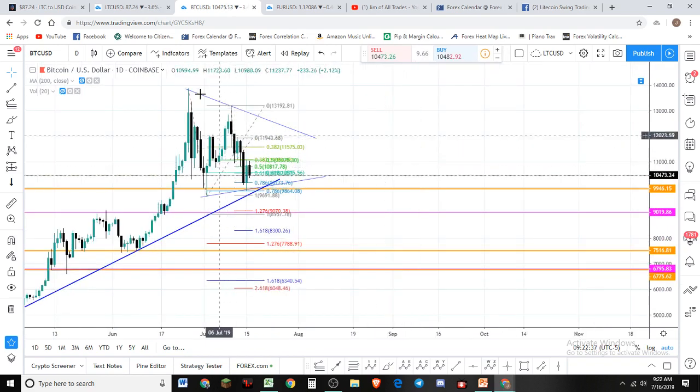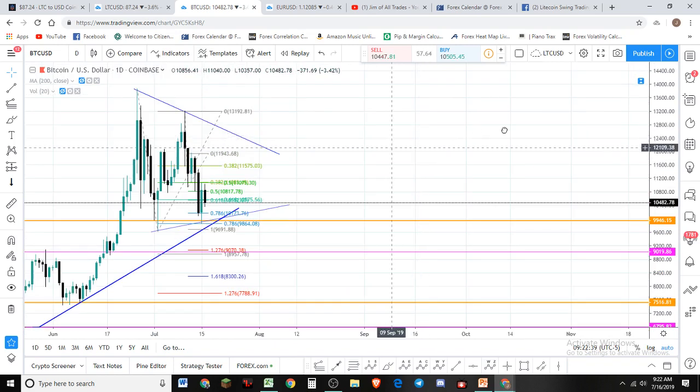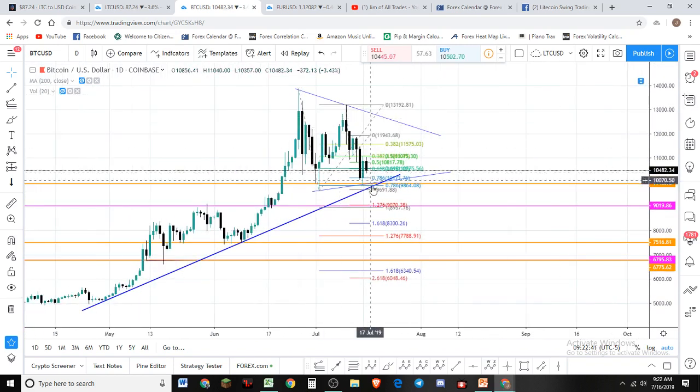So I'm still just looking at this. You can tell that it really needs to kind of come down and touch this trend line and keep on rocking. That's most likely my first guess here. Now looking at it again,